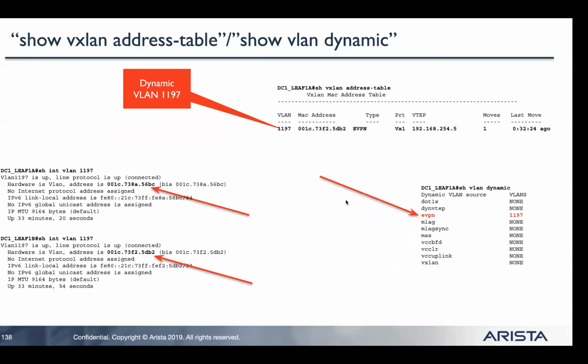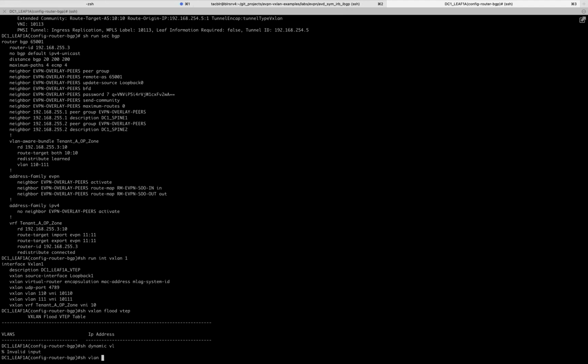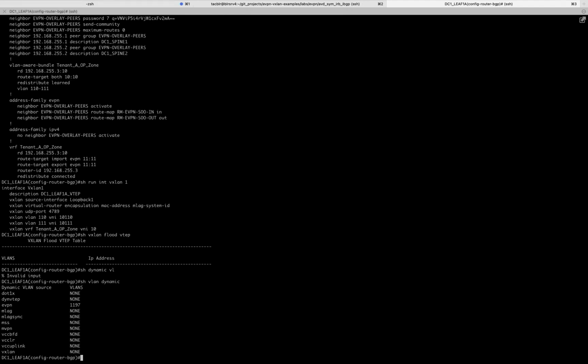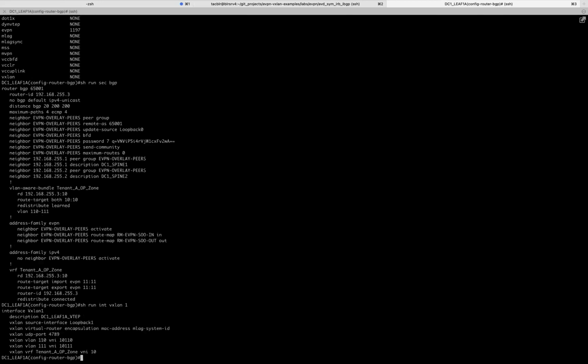Now next is show VLAN dynamic. As soon as we configure this, show run interface VXLAN 1, as soon as we configure this VXLAN VRF tenant A, VRF to VNI mapping,